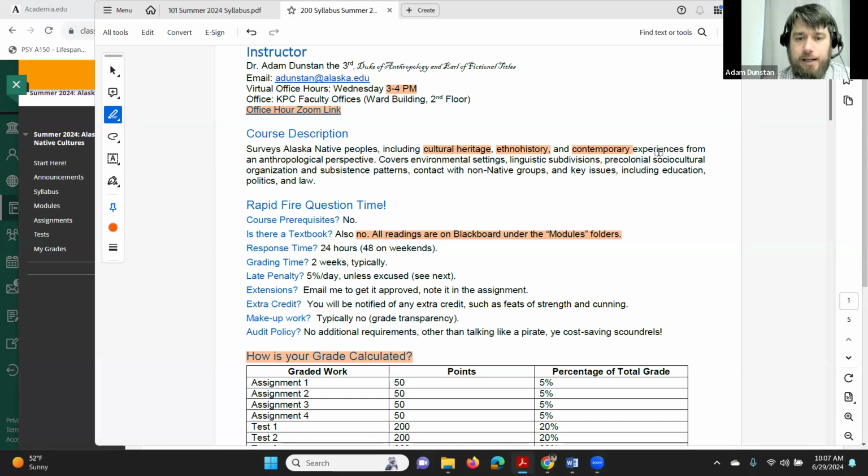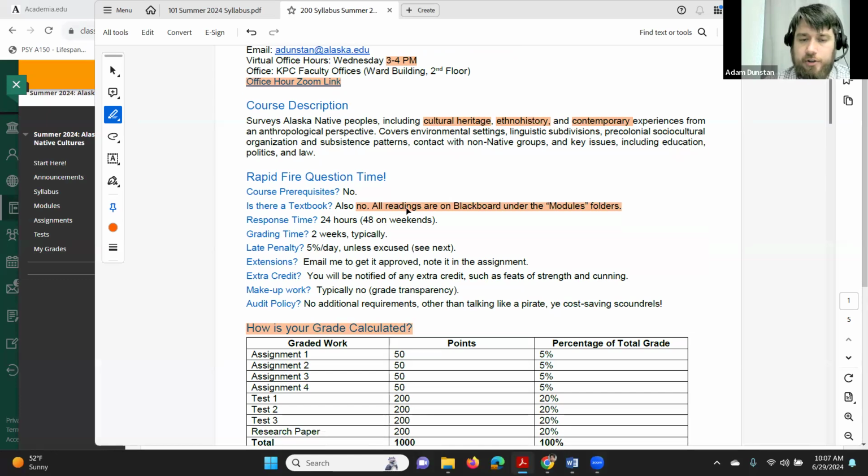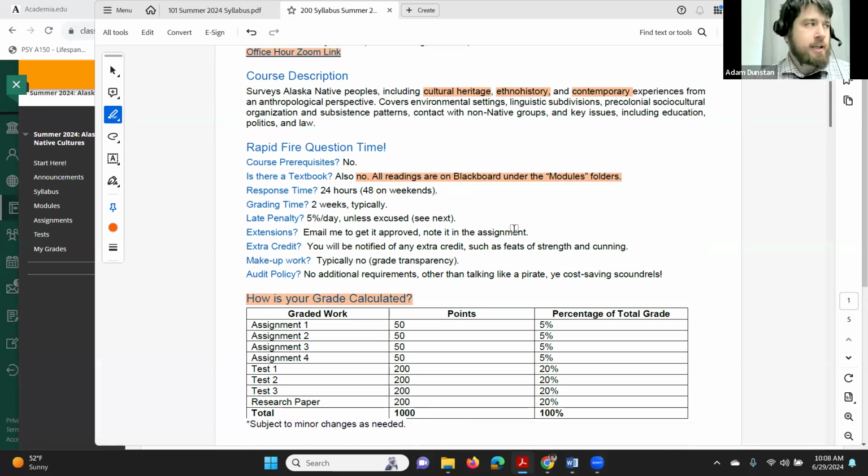All right, so a few other things. Again, there's no textbook. All of the readings are online. You can print most of them off pretty easily. If you ever have a problem locating the readings online, please let me know. And I'm actually somebody that prefers to do my reading in print, not online. However, I certainly understand if that's how you feel.